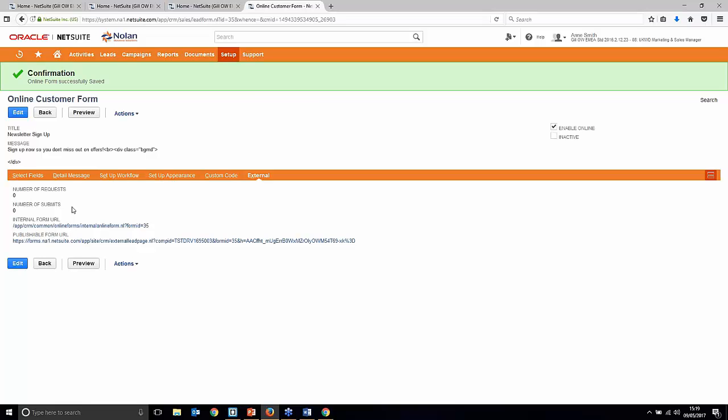So the physical amount of times that valid data has been entered into the form and then actually sent to NetSuite. At the moment, as you can see, we've got two zeros. So we're just going to come down here, and have a look at the internals and Excel URL. If you're hosting on a website, you pretty much always want to use the publishable form URL. So it's pretty much as simple as just copy and pasting it here